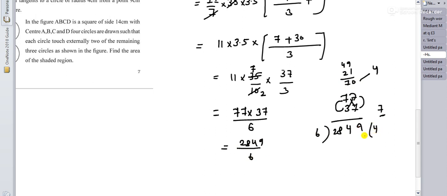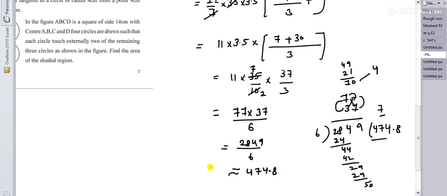So 6 4s are 24, 6 5s are 30, 6 4s are 24, 4 4s. Then 6 9s are 54, 5 8, 7 7s are 42, you'll get 2 9, 6 5s are 30, 6 4s are 24, again you'll get 5.0. So the answer is approximately